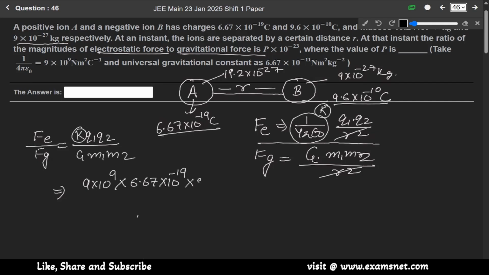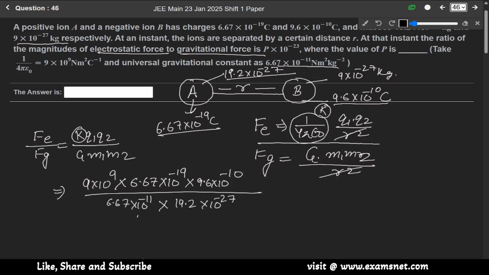Q2 is 9.6 into 10 to the power minus 10 over G, gravitational constant is given as 6.67 into 10 to the power minus 11 into m1 m2. Masses of first one is this 19.2 into 10 to the power minus 27 into 9 into 10 to the power minus 27. So when we solve it, we get